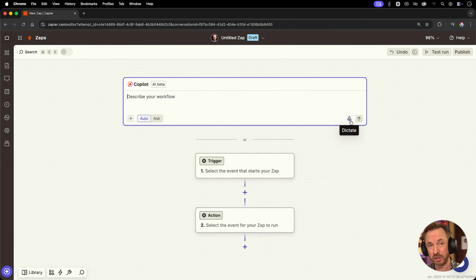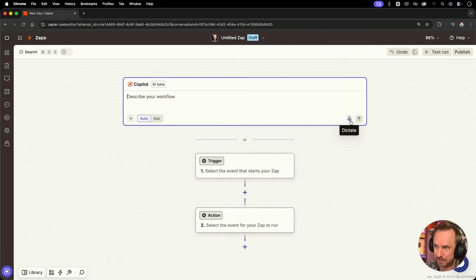So that's what I'm going to do for the first automation. This one is based on my AI Butler video that I did earlier in the year, where you could essentially have a butler that you can speak to on your iPhone that can write emails, book calendar appointments, check things in Notion, and more. I'm going to put a slightly different twist and see if the Copilot can build it for me. This will be my fitness butler.